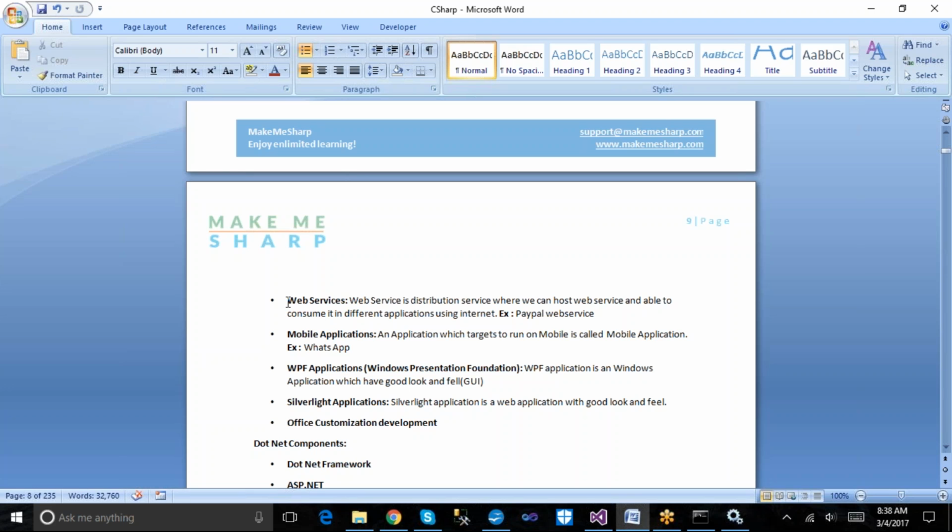I am building a mathematical application where I need to perform addition, multiplication, division, and subtraction operations.